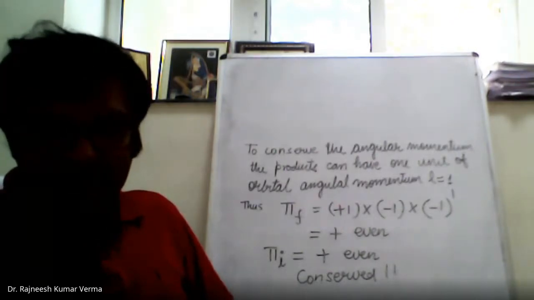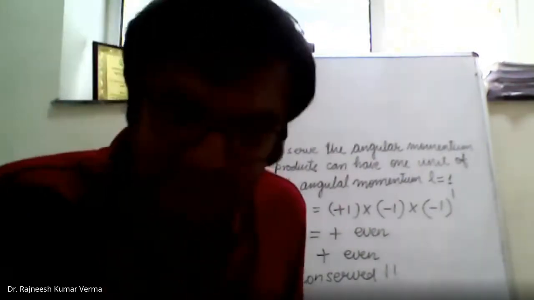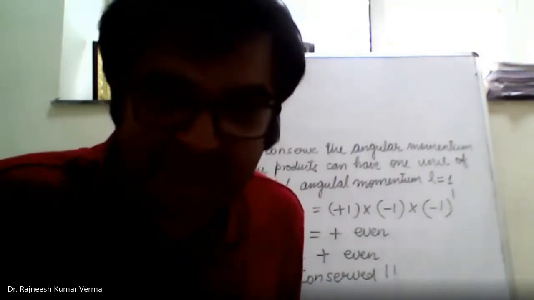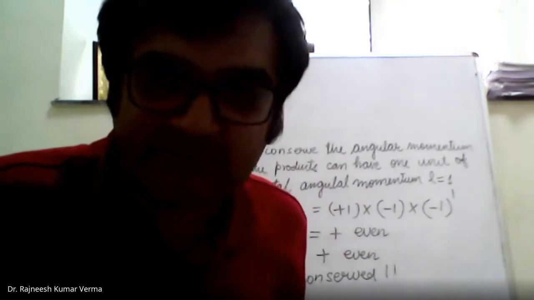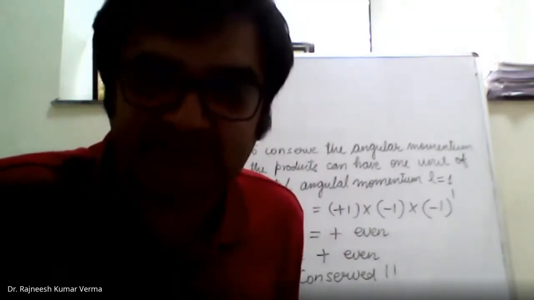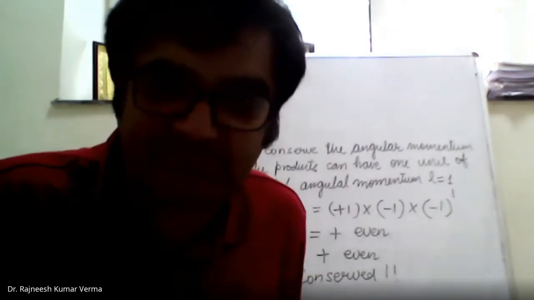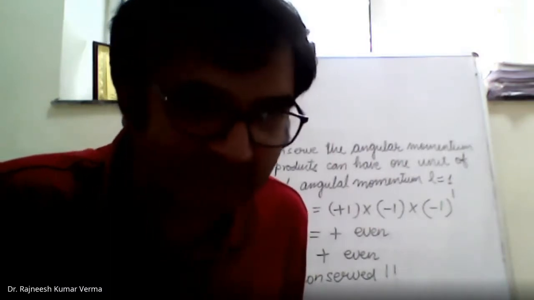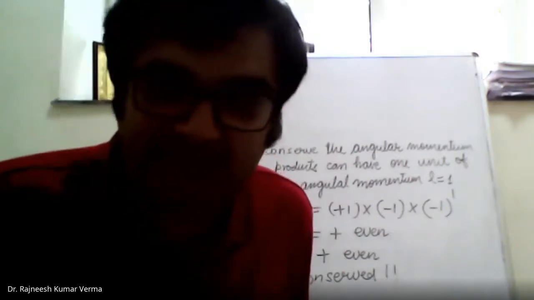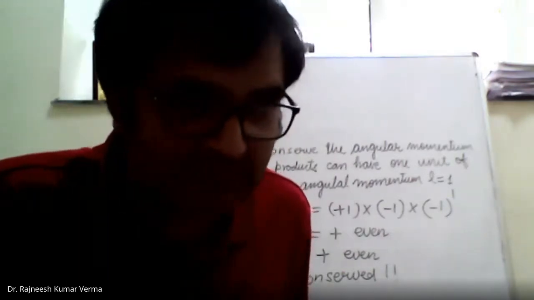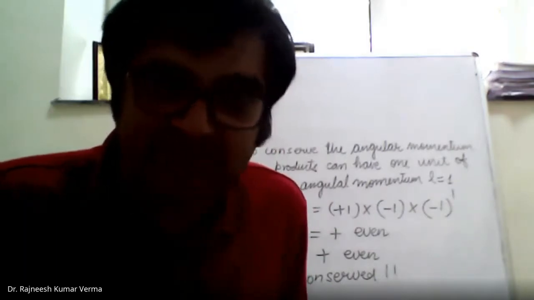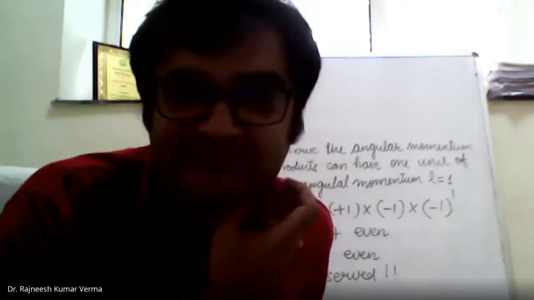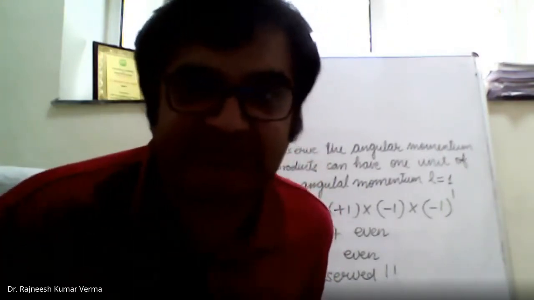That momentum is such that it can compensate the difference of 1 unit of angular momentum in order to conserve it. They cannot have any arbitrary value of angular momentum. They will have that particular value so that it can obey the conservation principle. This reaction is experimentally proven. It is an experimental observation that this reaction takes place as a strong interaction.